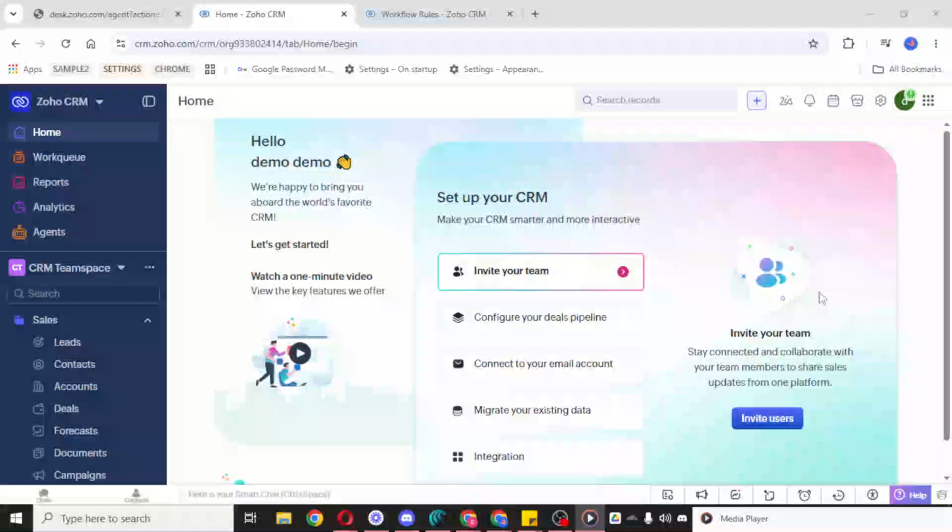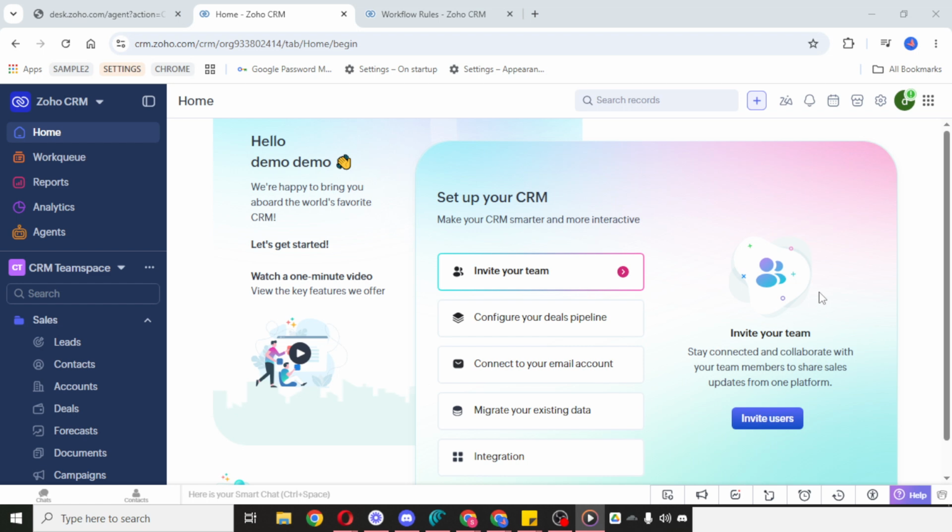In today's video, I'm going to teach you how to import contacts in Zoho CRM. If you need to add a list of contacts into your CRM quickly, importing them is one of the easiest ways to do it. This is especially helpful if you already have your contact information saved in a file and you want to bring everything into Zoho CRM without entering each record manually. I'll walk you through the process in a simple and clear way so you can follow along with confidence.